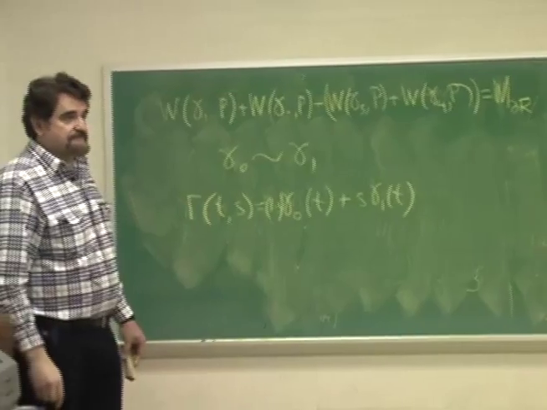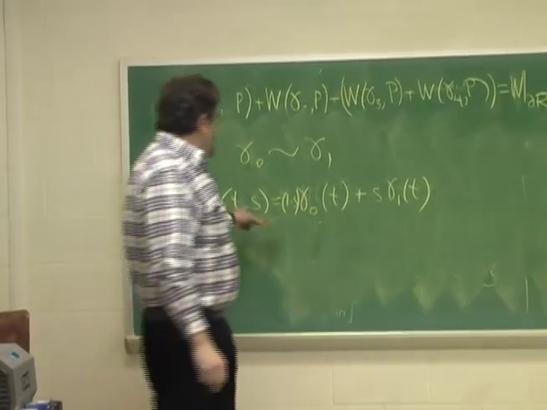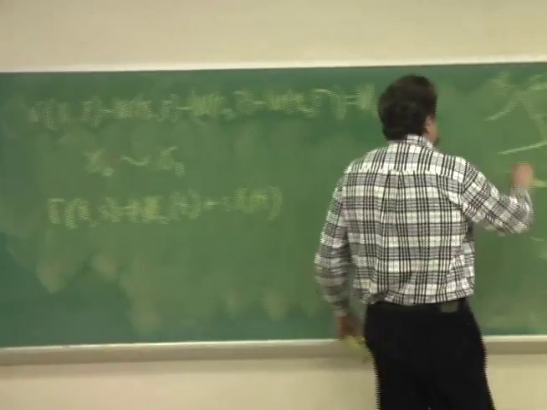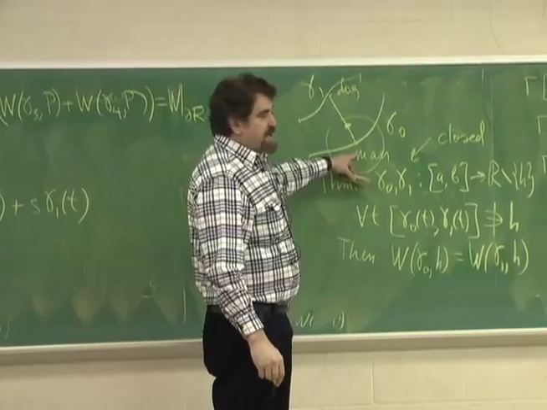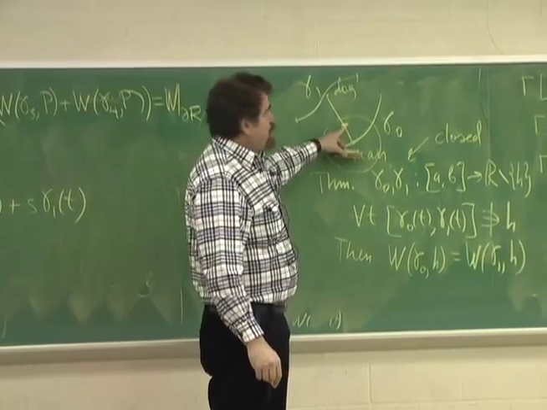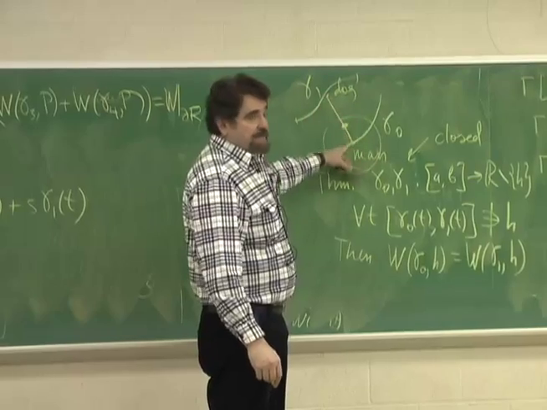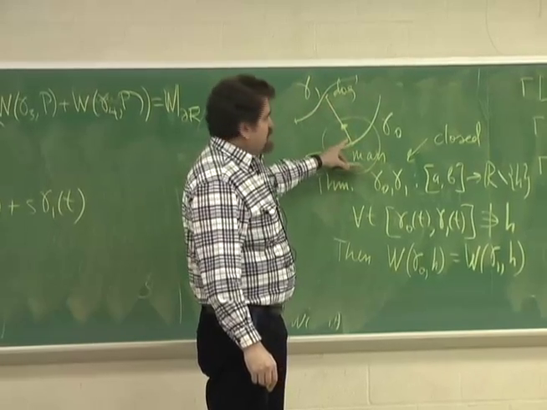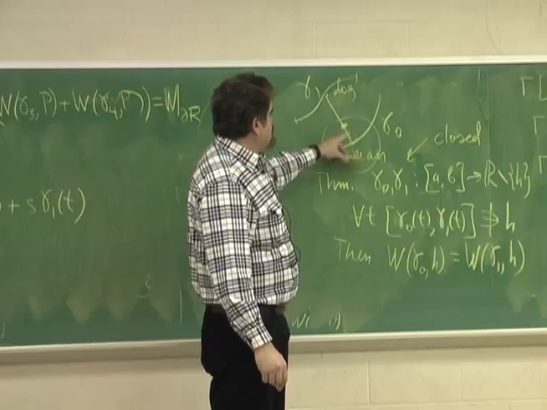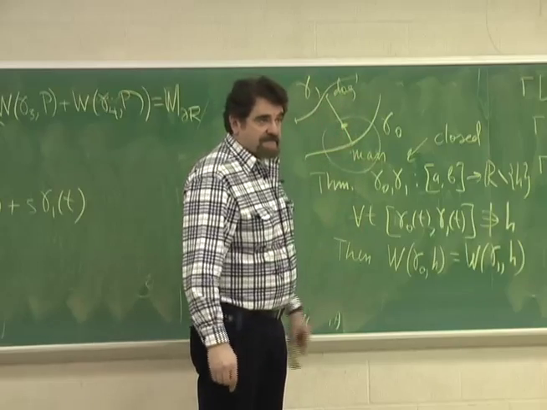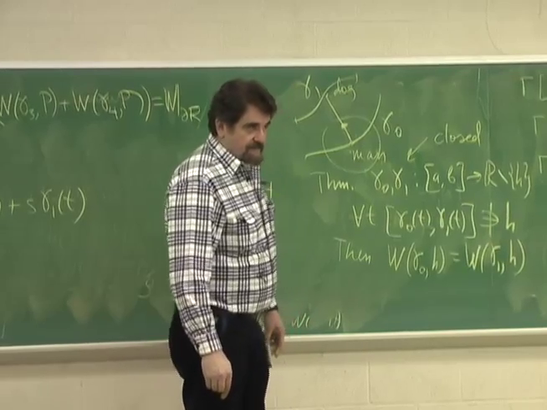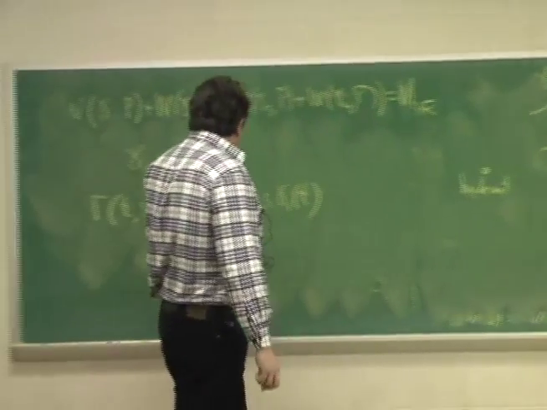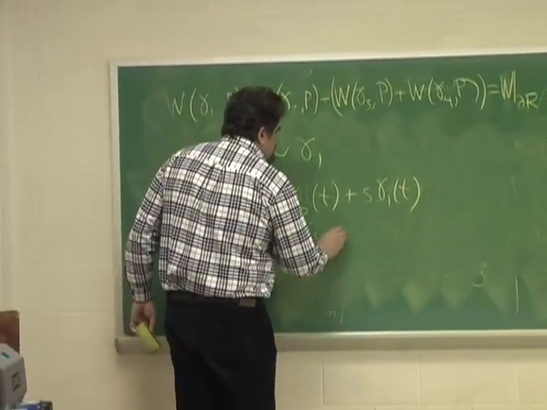So at the moment t, s will be the point on this segment joining these two, and the relation of this to this is s. This is obviously continuous,